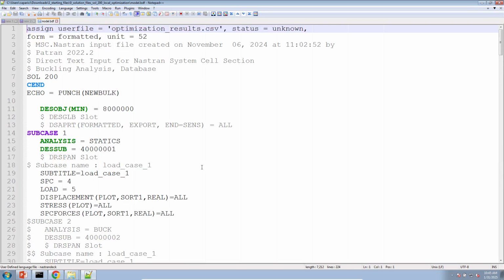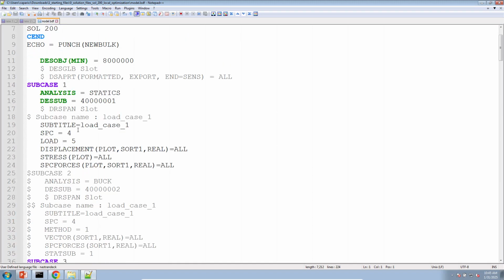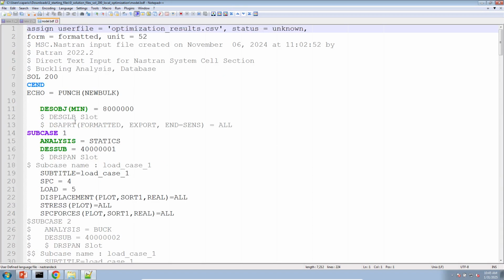Also, I'm skipping the part where you configure the bulk data files for SOL 200. You've already configured the objective, the design variables for each truss member, and so on and so on. You've already defined the constraints for the axial stresses. Now, the reason we need SOL 200 is because we need Nastran to output the gradients. So I'm assuming this has already been done. Some of the other tutorials walk you through the procedure of creating the SOL 200 bulk data files and outputting the